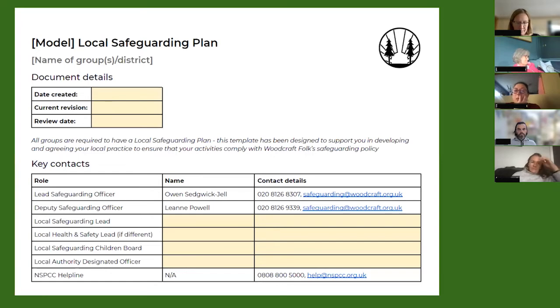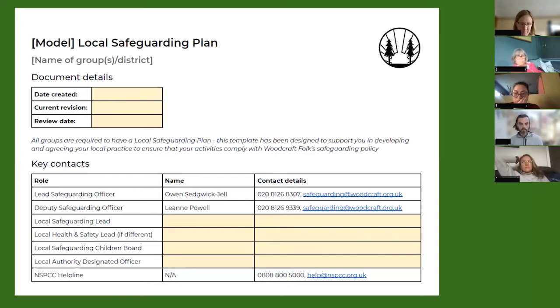And just a word on that. We've used the broad terminology of Safeguarding Children's Board. Increasingly, you will find that things are referred to as safeguarding partnerships, or you will find a MASH, particularly in London, which is a multi-agency support hub or similar. Everywhere uses slightly different terminology, but the key contact that you would ring if you had a concern about a child or a young person in your care would be the one to populate that with, as opposed to the